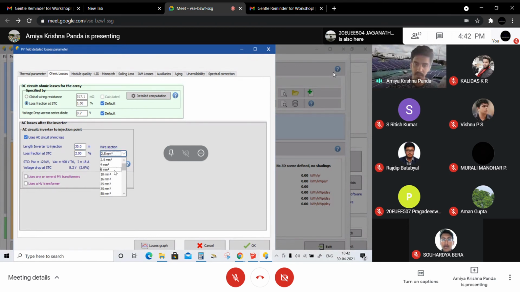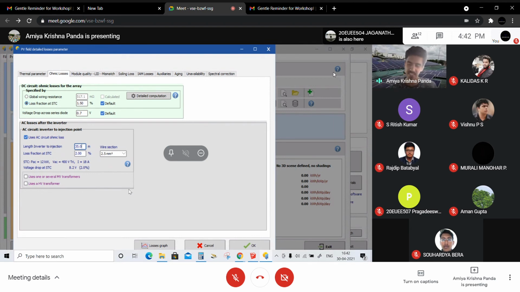So here I am giving a like, so I have given this portion. It's called the AC loss. So DC loss, AC loss means in the DC side, when the solar module generates the power, when it's transferred to any connection point, any junction point.